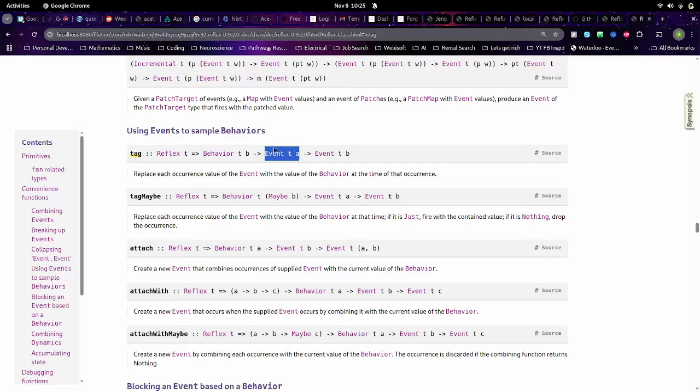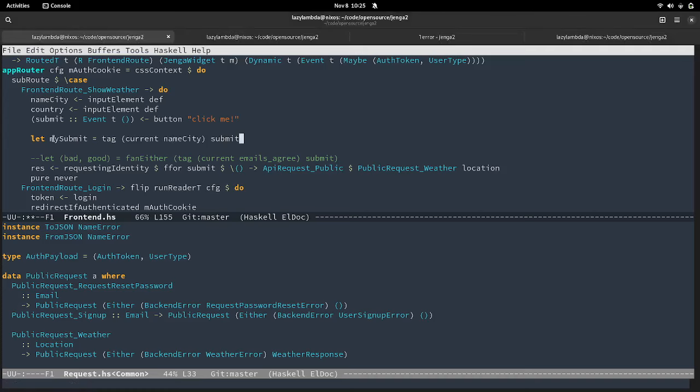And then an event is what we've already talked about, right? So this can be a button click, something that has happened, and then we get back an event here. So what are we doing? We are replacing this A, we're tossing that out, and we're taking that B and giving us back an event. So what does that look like? The value of my submit is that whenever we click on this button,